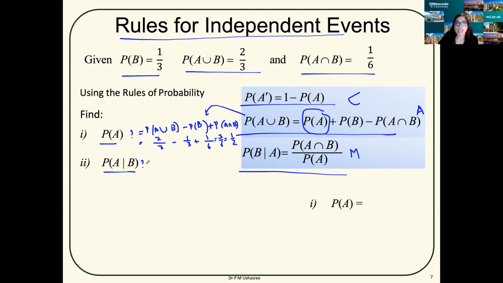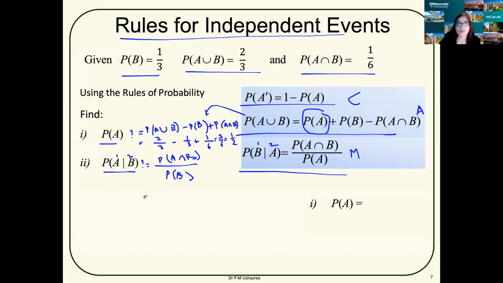Now how do I do this? I rearrange and use this formula, but in this case, A is the first event, B is the second event. This formula is for B as the first event and A as the second event. So I'm going to rearrange it such that I have P of A intersection B. A intersection B doesn't matter because it's the intersection of A and B, divided by P of B. I just rearranged it because I now have A as the first event and B as the second event, not like this. Here B is the first event, A is the second event.